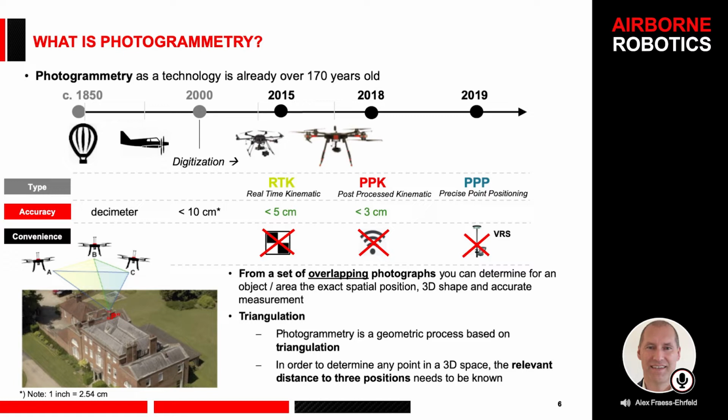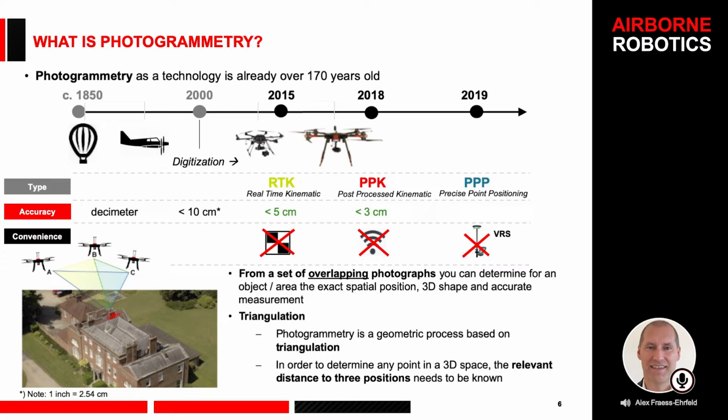It has more to do with checking what's the result. So no ground control points anymore. With PPK, we don't need any live link, so LTE or GSM or whatever, to the reference station. And then with PPP, we basically don't need any reference stations anymore because it's a system which is provided automatically via a global course network. So you can see with improving sophistication and technology advancement, everything becomes more convenient, it becomes more accurate and easier